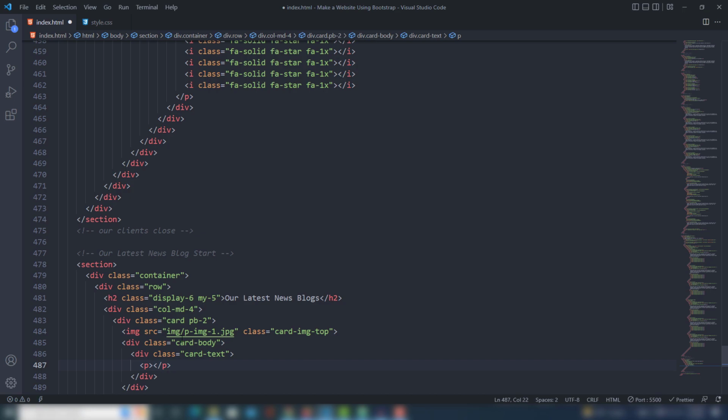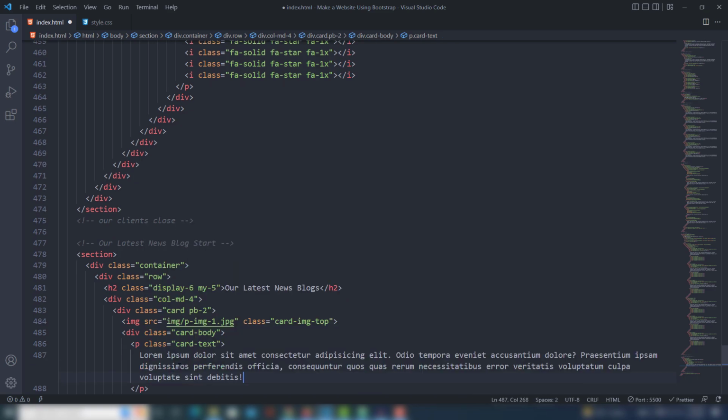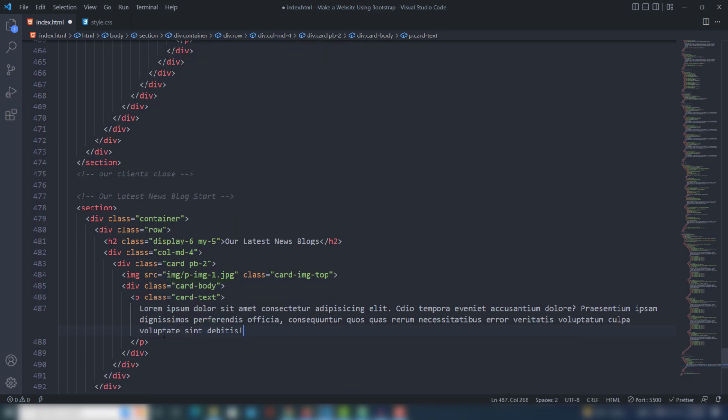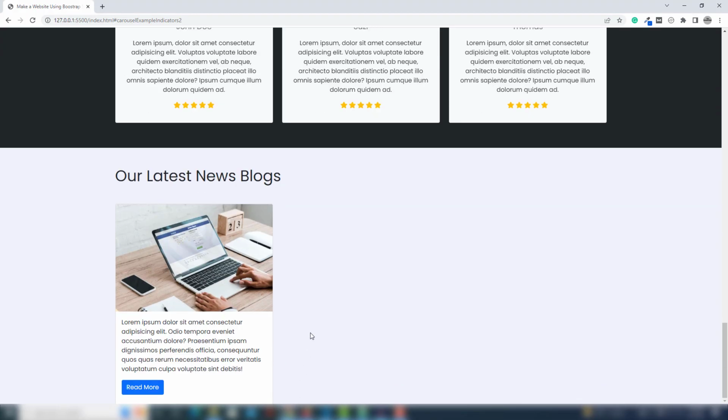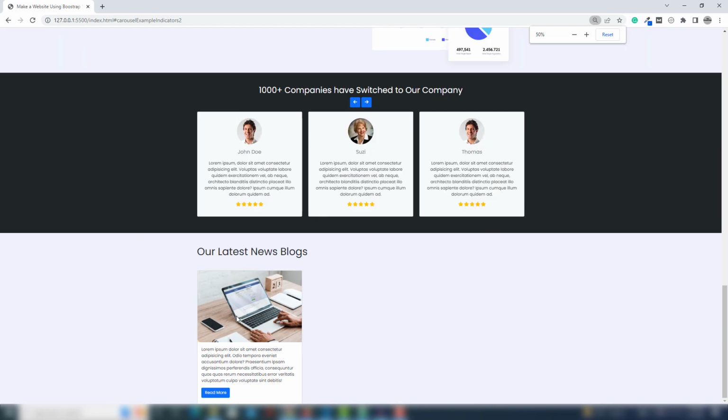I will use a p, which means paragraph. Inside there I'm going to write the lorem text, and after the paragraph I'm going to create a button tag. The type will be button, and class btn btn-primary, right? But I'll need to use Read More on there. So let's see. As you can see, guys,